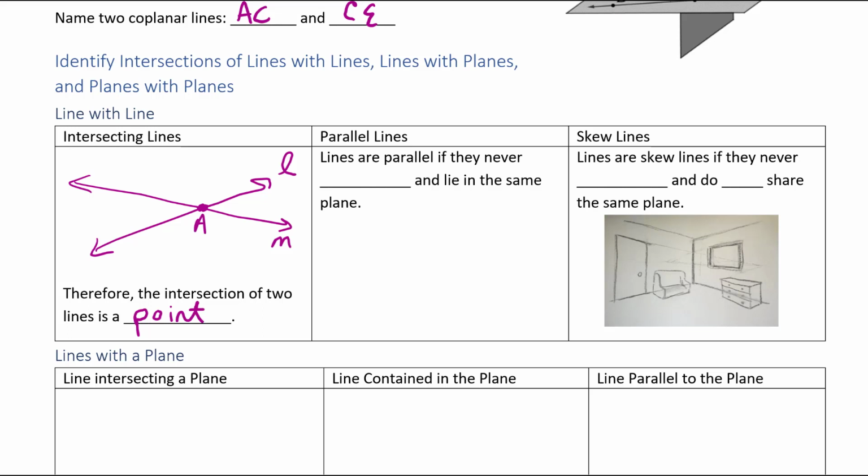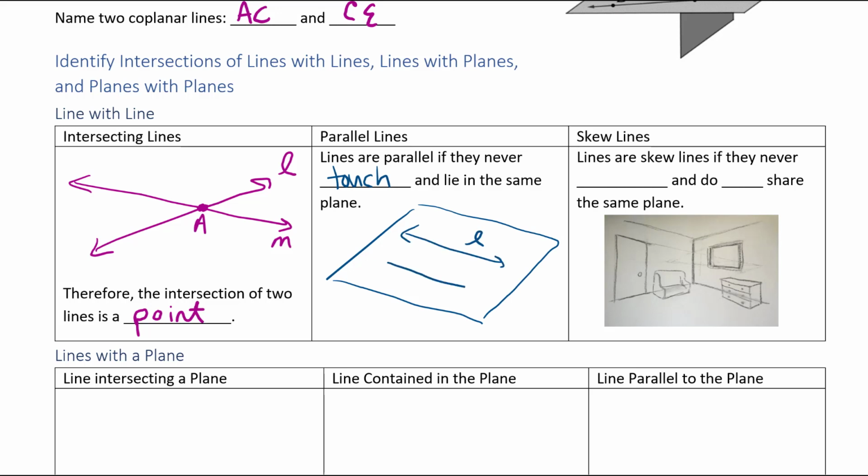Okay? Next, if we have parallel lines. Lines are considered to be parallel if they never touch but lie in the same plane. So we have a plane and we have line L and line M, and they're going in the same direction and they never touch. So that would be considered parallel. Next is skew lines. Skew lines are lines that never touch, similar to parallel lines, and do not share